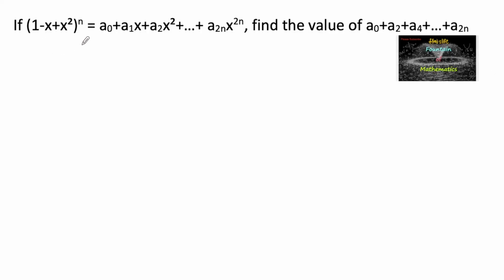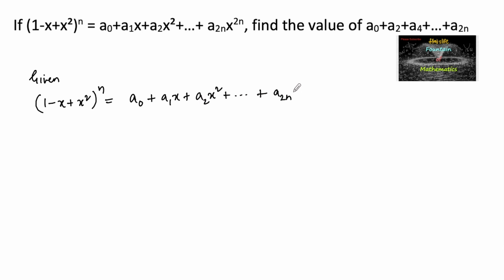If (1 - x + x^2)^n is equal to a0 + a1x + a2x^2 and so on up to a2n x^2n, find the value of a0 + a2 + a4 and so on up to a2n. So given (1 - x + x^2)^n is equal to a0 + a1x + a2x^2 and so on up to a2n x^2n. So the expansion is given. To find a0 + a2 + a4 and so on up to a2n, let us take